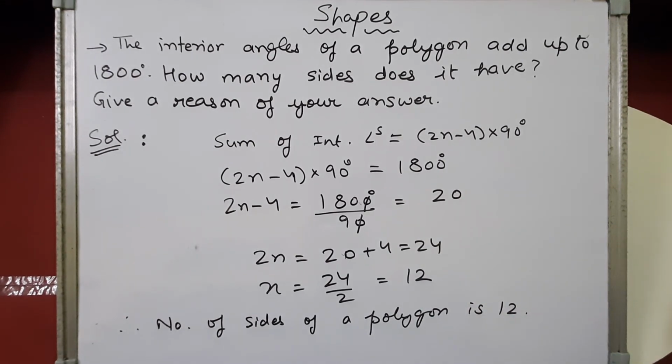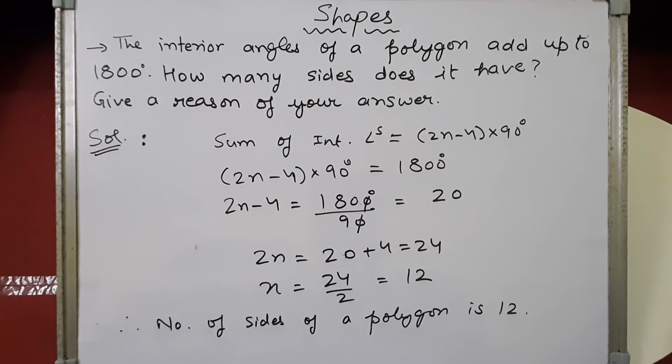Okay children, now we can take that the number of sides is 12. Suppose the answer that you get is like 12.1 or 12.4, in decimals or in fraction. Then the polygon is not possible. We'll write that the polygon is not possible. Why? Because the number of sides must be a whole number. It could be 5, 6. It cannot be 5.5, right?